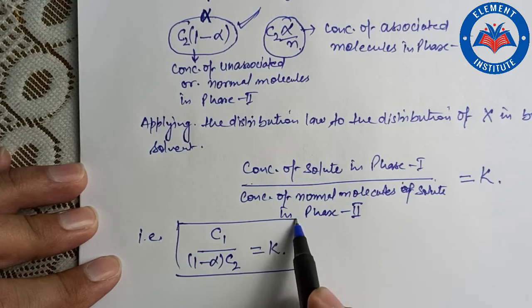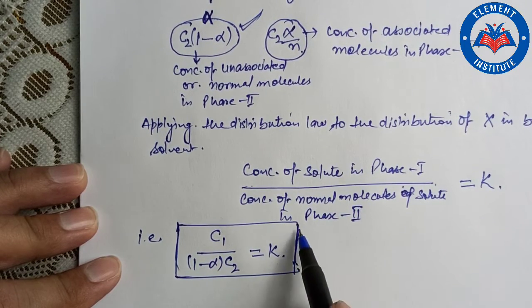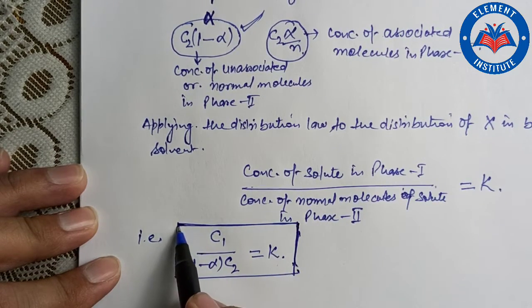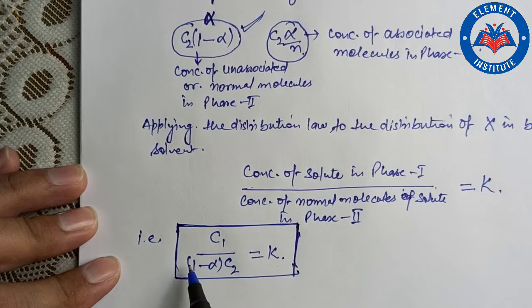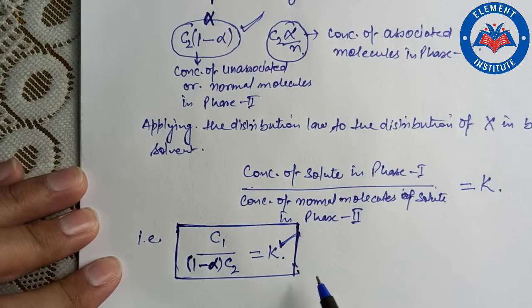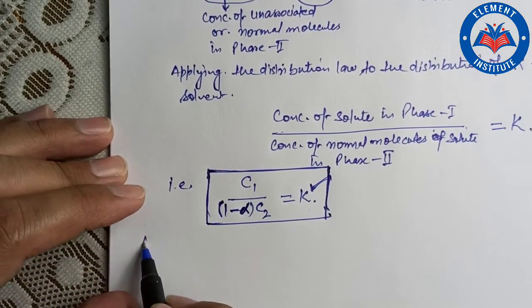So in this way we can calculate the partition coefficient of a solute in two liquids, where the solute undergoes association in one of the solvents. If alpha is the degree of association, then we can easily calculate the partition coefficient of that particular solute. Okay, now